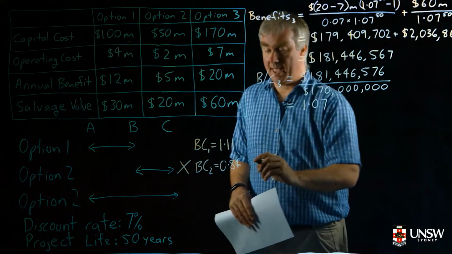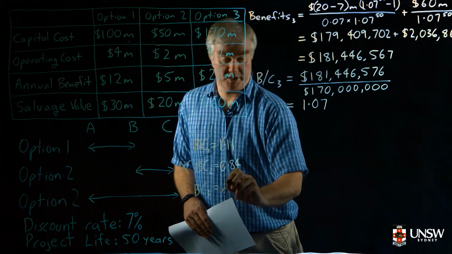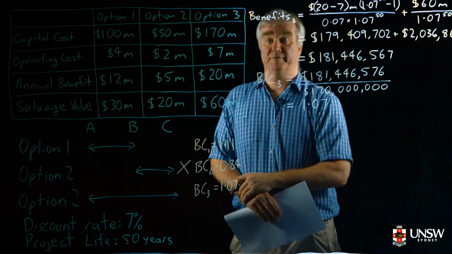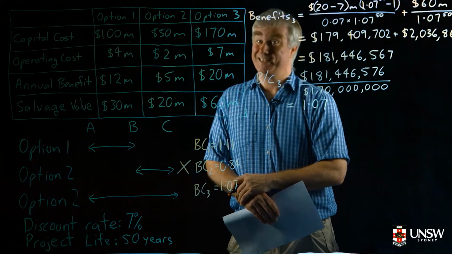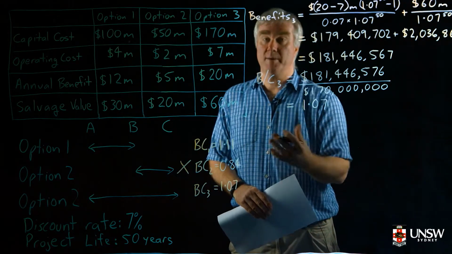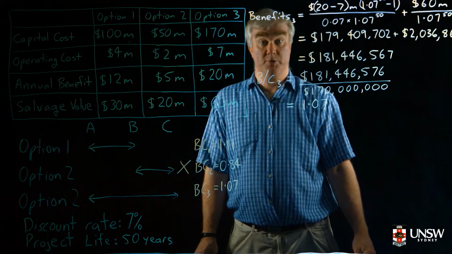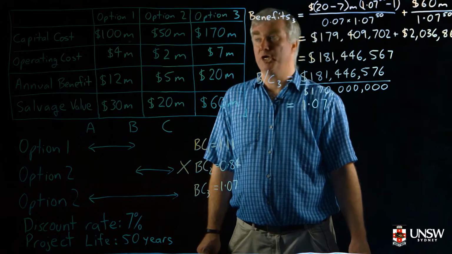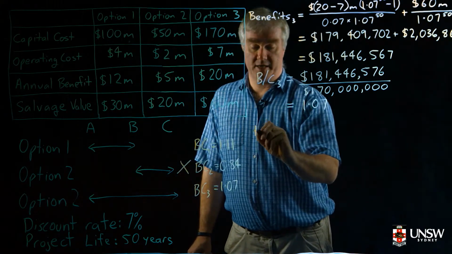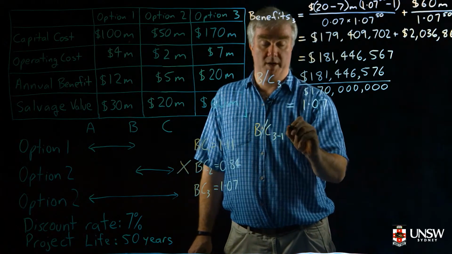Now, we can compare this benefit cost ratio with the benefit cost ratio we had for the first one, and you'll see that the benefit cost ratio for the first one is bigger. But that doesn't matter. That is not important. What is important is, was the extra amount that we built for this project worth building? What we should be working out is the benefit cost ratio of the difference between option 3 and option 1. So if we calculate this, we get the benefit cost ratio of project 3 minus project 1 is equal to,